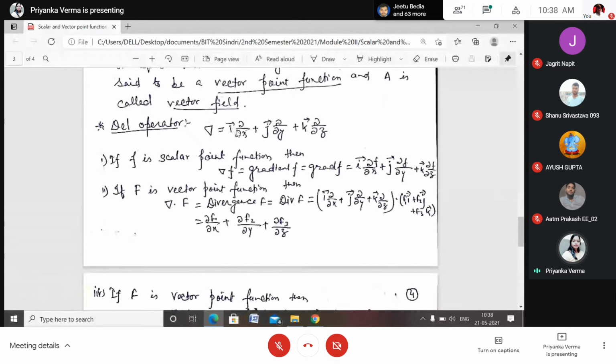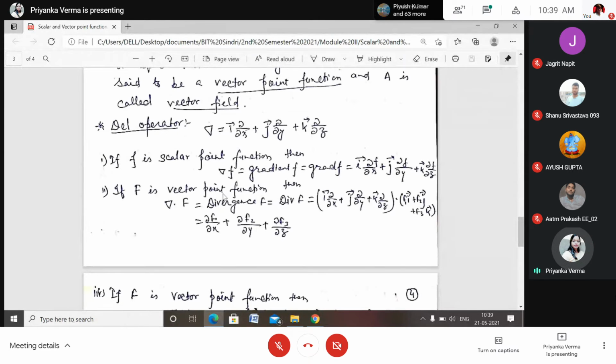Then suppose you have a vector function. If this is a vector operator, and you have a vector function, then there will be two cases. The first will be of dot product and the other will be for cross product. जब आप वेक्टर और स्केलर को साथ में ऑपरेट करते हो तो आप मल्टीप्लिकेशन कर सकते हो, बट अगर आपके पास दो वेक्टर है तो वहां तो आप मल्टीप्लाई कर नहीं सकोगे. You have to either operate it by dot product or by cross product. Are you getting my point? Yes, ma'am. Okay.